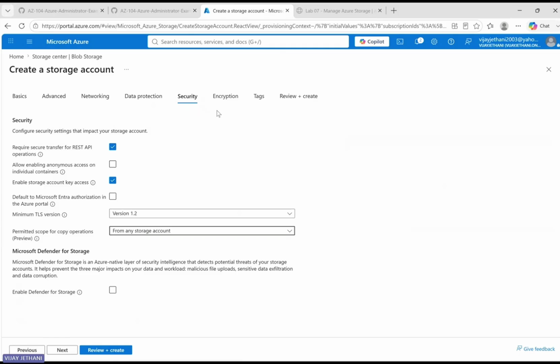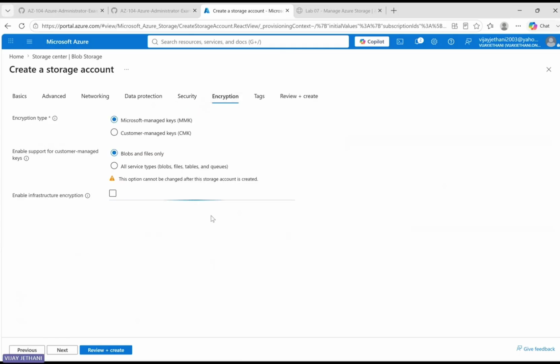This is going for a charge. Okay. Now, encryption type. By default, Microsoft does this encryption of your data, one at the storage level, and another at the infrastructure level. You want to have separate customer managed keys for that. But if you want double encryption, then only do that, which is, I think, required for